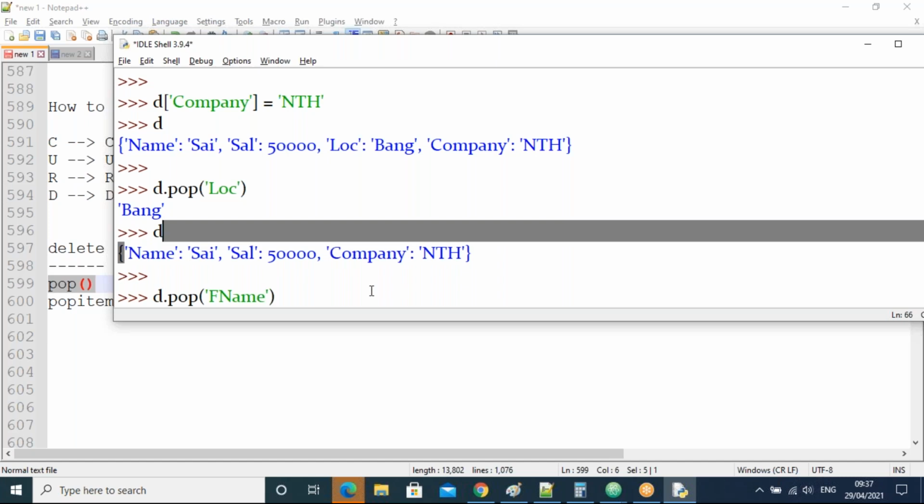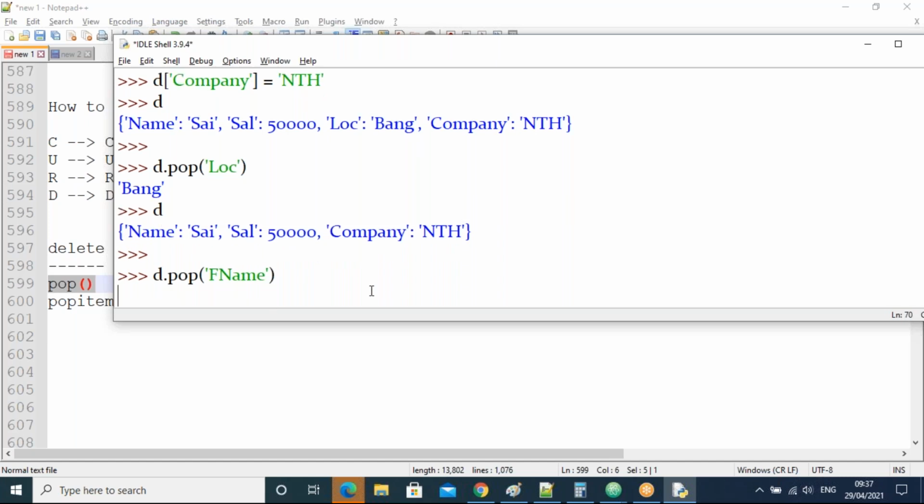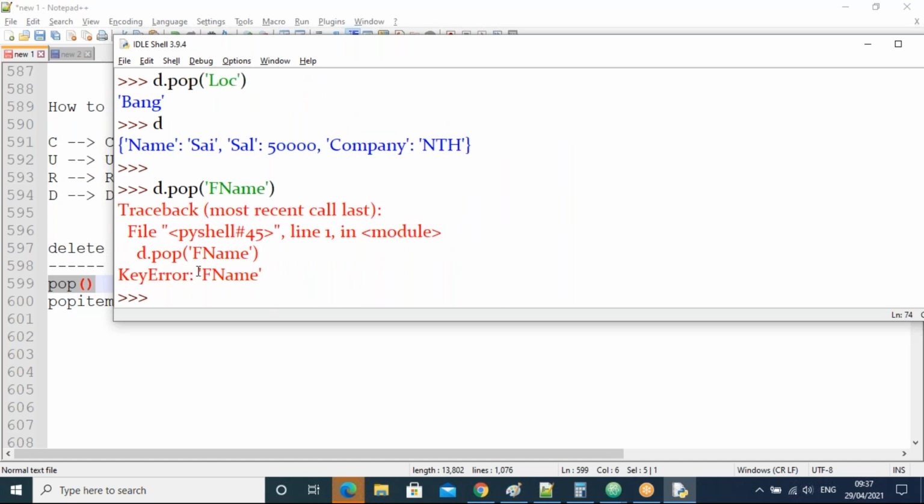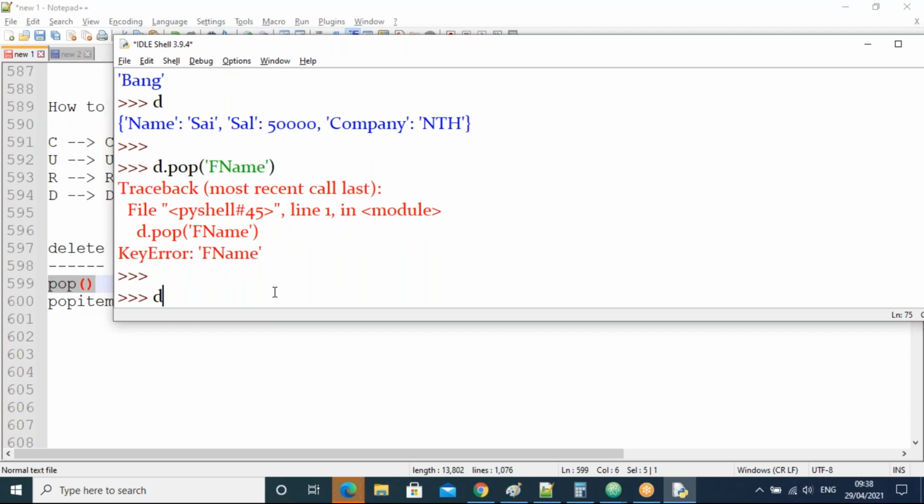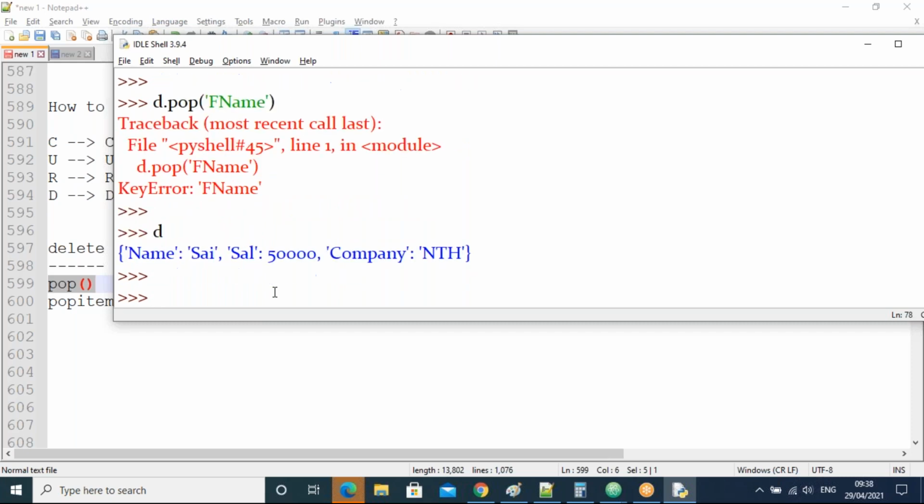It will throw an error, guys. Which error? KeyError: F name. So in the pop we give one argument, and that argument must be an existing key name.